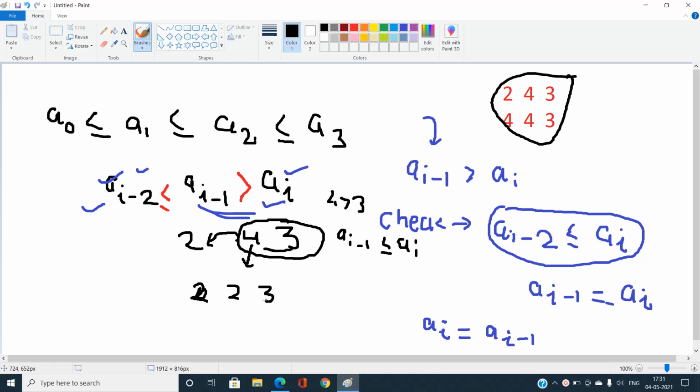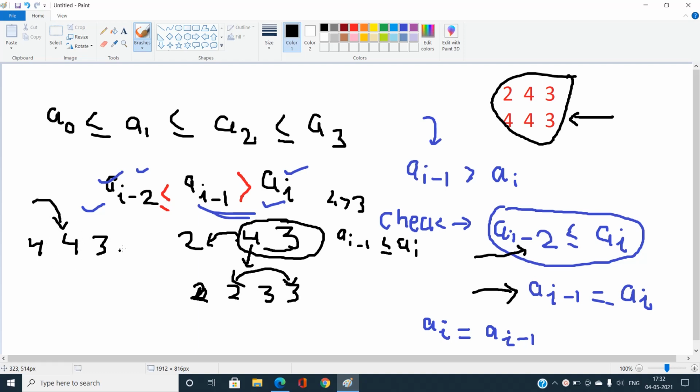Now you can see we can do this operation only when a of i minus 2 is still satisfied, like a of i minus 2 should be less than or equal to a of i, and this is going to be optimal. Otherwise, consider this example: 4, 4 and 3. Let us try to change this element 4 to this one, 3.